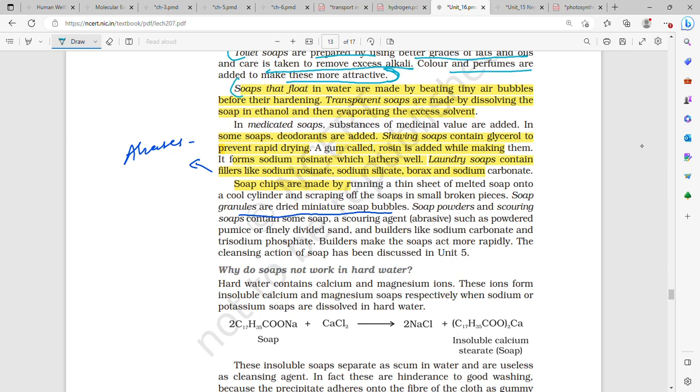Soaps that float in water are made by beating tiny air bubbles before their hardening. So if you make small air bubbles before the soap hardens, then the soap becomes porous, and therefore